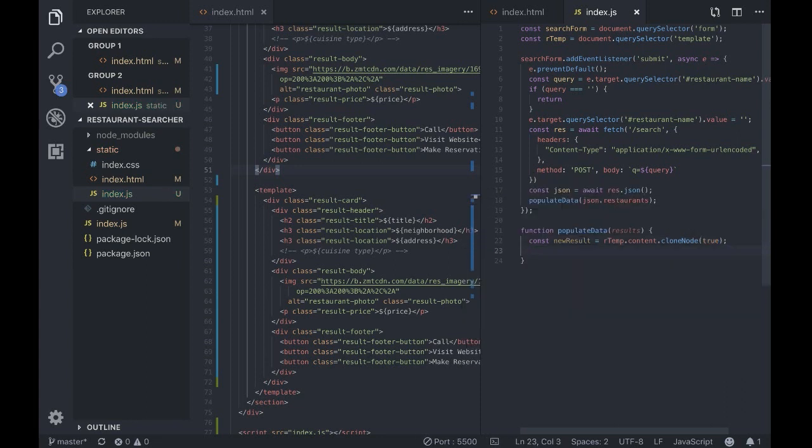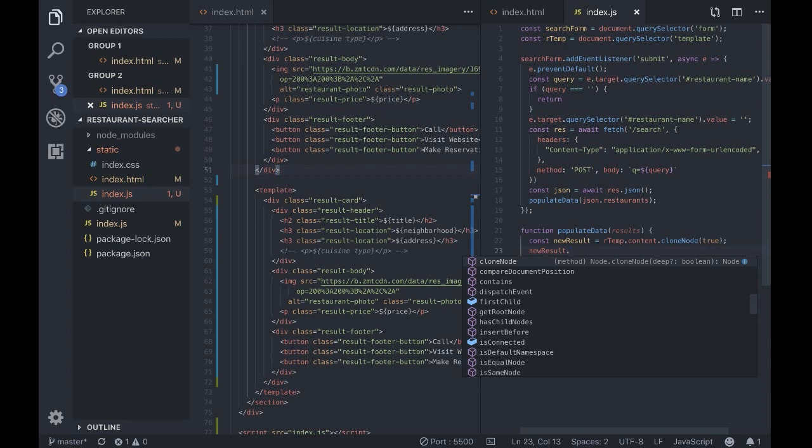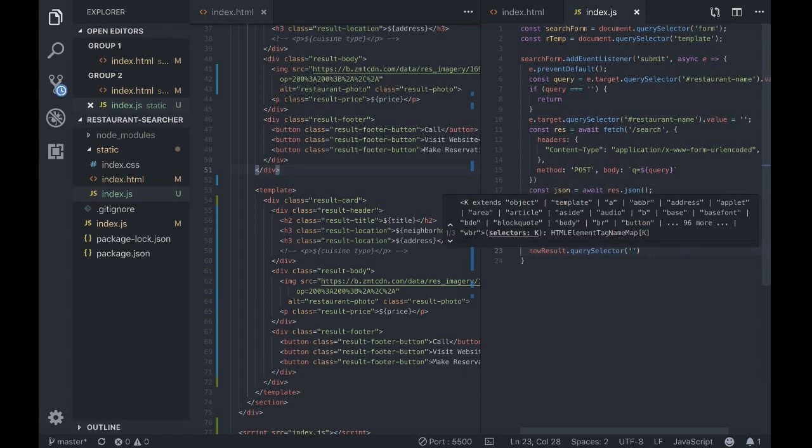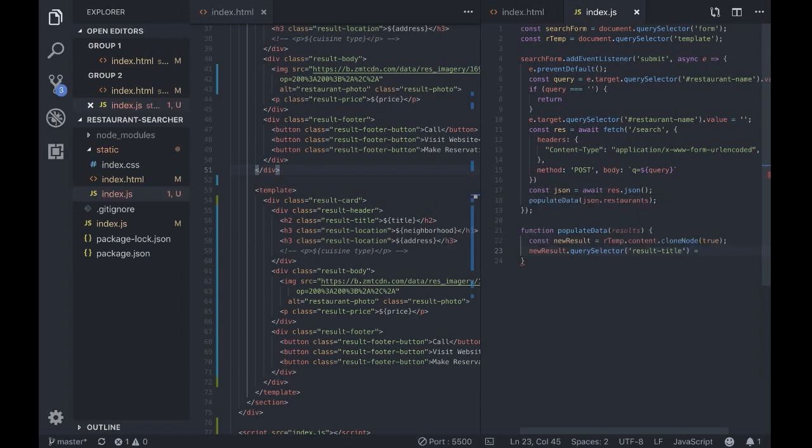And then from here, we can query select this just as if we were doing a regular one. So query selector is going to be title, and that's going to be assigned to results dot